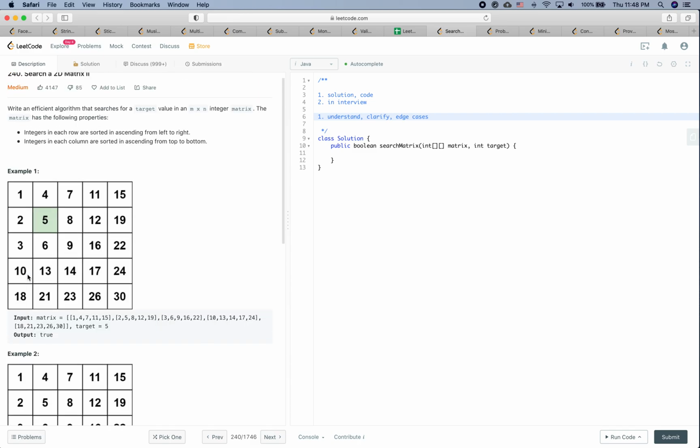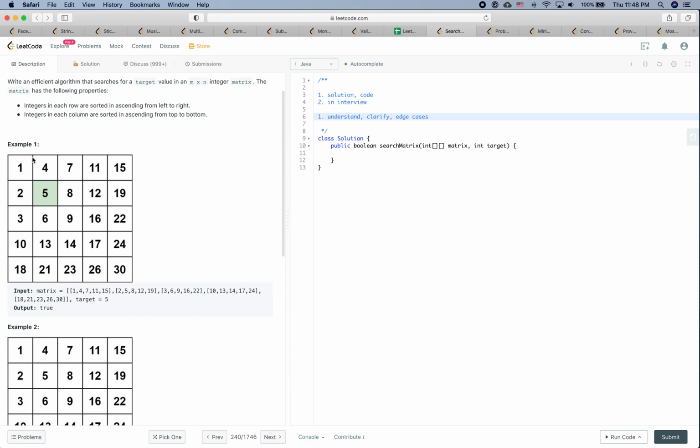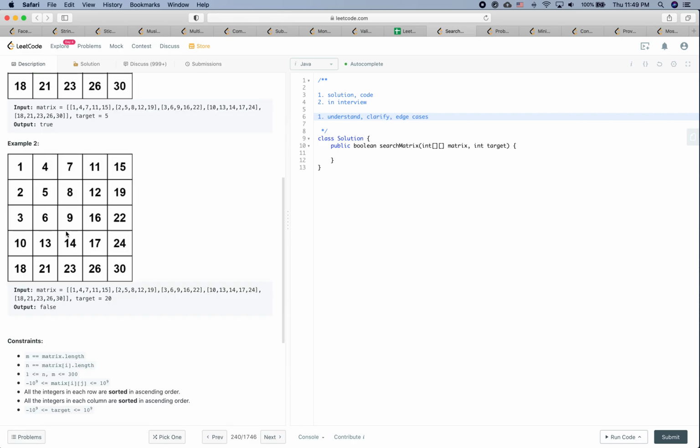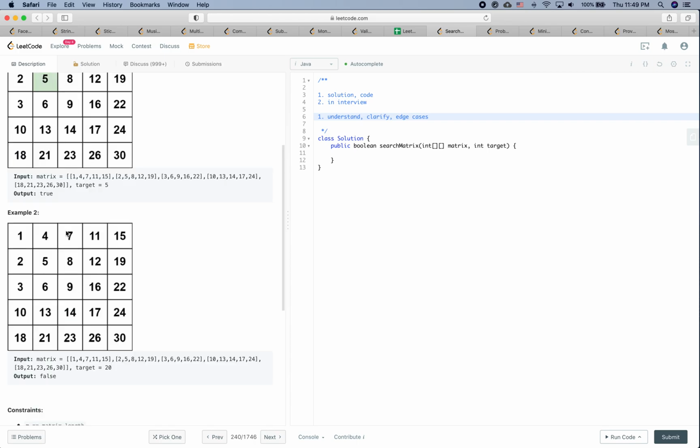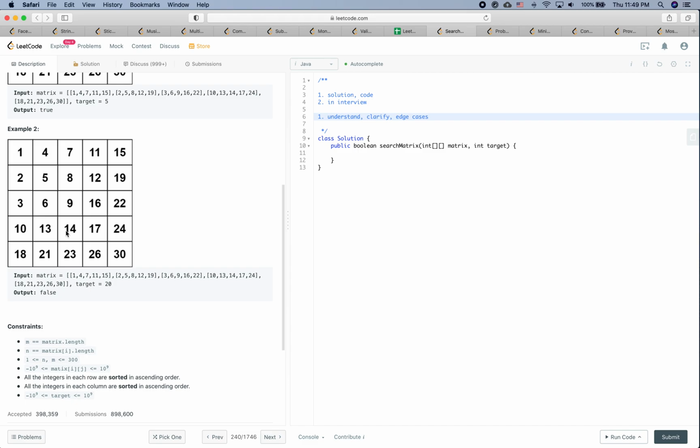So let's see this matrix, and search for the target. Let's say for this matrix we are trying to search for 5. And similarly for this one, when we try to search for 20, if it doesn't exist, then we are going to return false. Okay, so let's see some constraints. It's for sure that it is not going to be an empty matrix, and each element is within -1 billion to 1 billion, and all the integers in each row are sorted in ascending order, all the columns are sorted in ascending order, and the target is between -1 billion